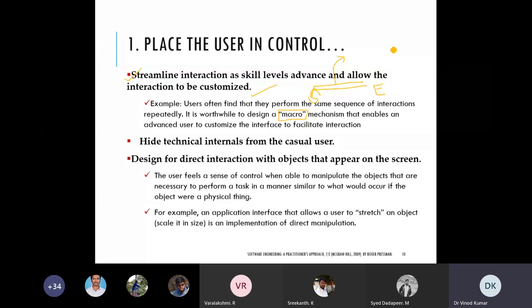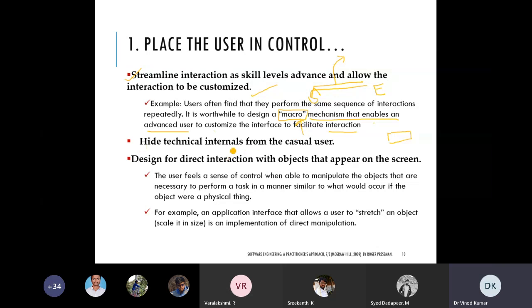So you create one macro, and using that macro, with one click on the macro button, you can create the graph immediately. This mechanism must be there so that it can enable advanced users to customize the interface to facilitate interactions. Like I told, you can create the macro.